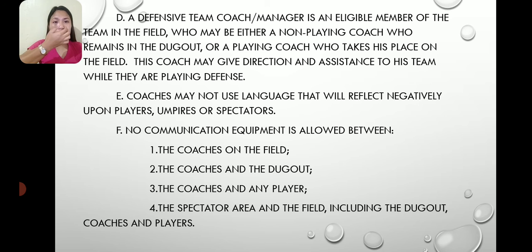A defensive team coach or manager is an eligible member of the team in the field who may be either a non-playing coach who remains in the dugout or a playing coach who takes his place on the field. This coach gives directions and assistance to his team while they are playing defense. Coaches may not use language that will